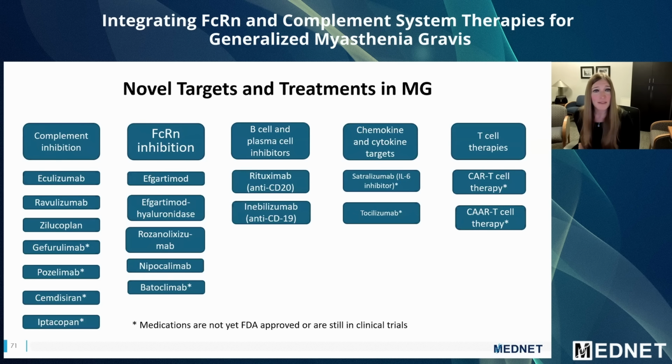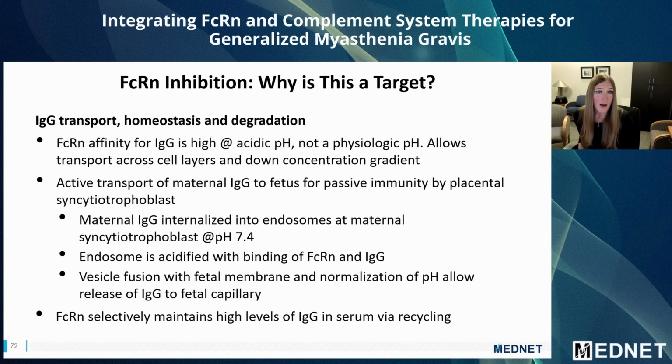So we'll switch over to FcRn inhibition. Why is this a target? In brief, this is a target because it is the way that IgGs are recycled. And this is a normal pathway also that maternal IgGs pass over to the fetus for immunity as